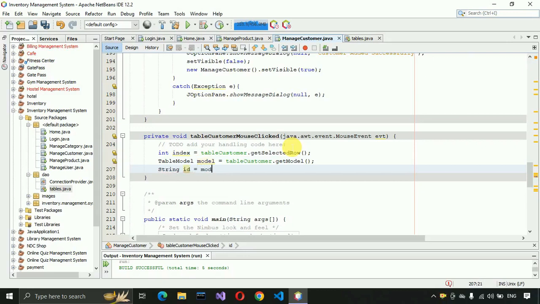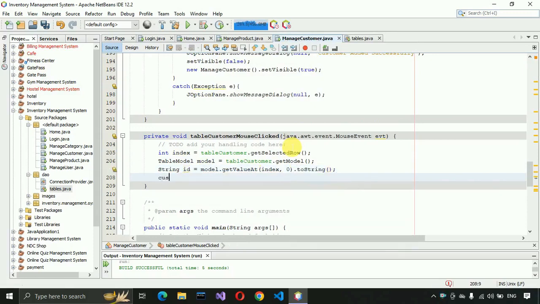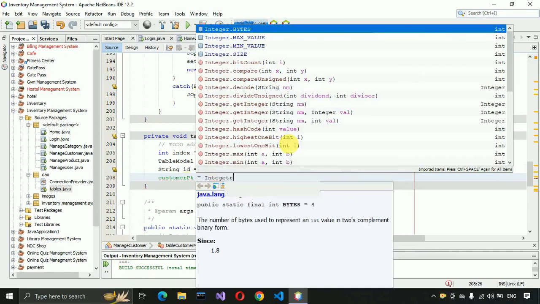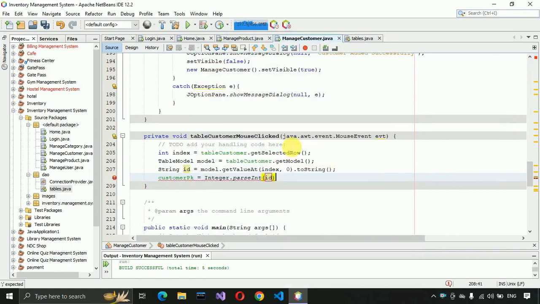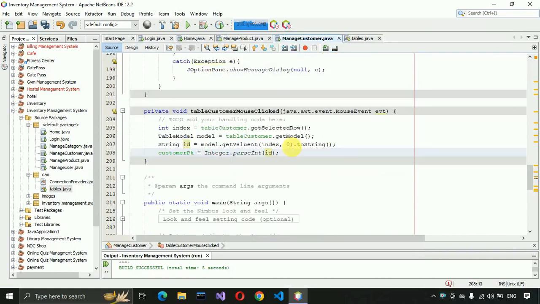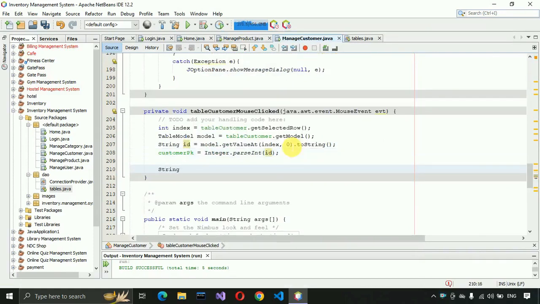So we just need to write model dot get value at index, and here we have to just pass the first column we want to get, and to be string type, and then customer pk is there. In that we are going to pass the integer dot parse int, and then we have to just pass the ID. Okay, after that here string name is equals to model dot get value,